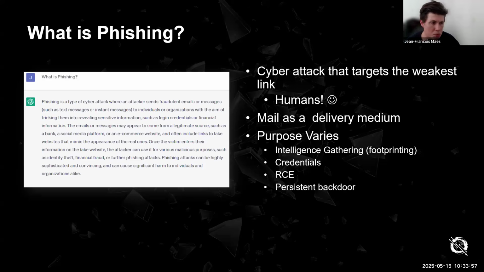Of course, when we are doing social engineering, doing phishing, the actual objective varies, right? It could be code execution, but it doesn't always have to be. It could also be that we simply want to gather some intelligence, or maybe we are not interested in remote code execution, but want credentials to, for example, log into Office 365 instead of getting code execution on the actual victim machine. In some other cases, we might use social engineering as a way to get a persistent backdoor in the organization. I will walk you through what I mean by that today as well.